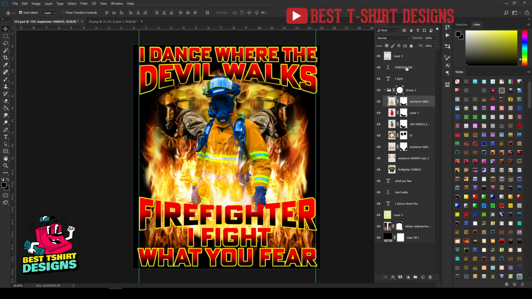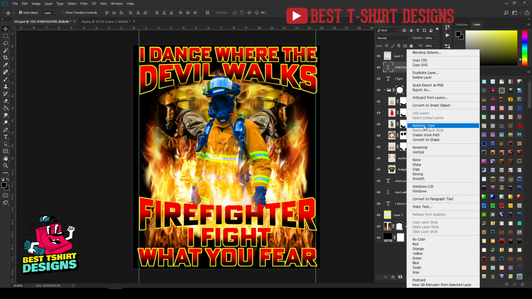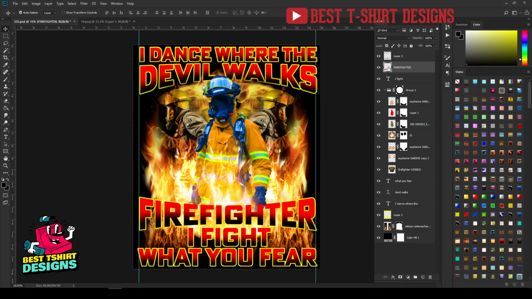And this text is editable text, right? I can change it. So if I send it like this, it will be missing on that computer if he doesn't have this font installed. So you have to right click on that layer and then rasterize type. That will make it a regular, normal layer, not an editable font.